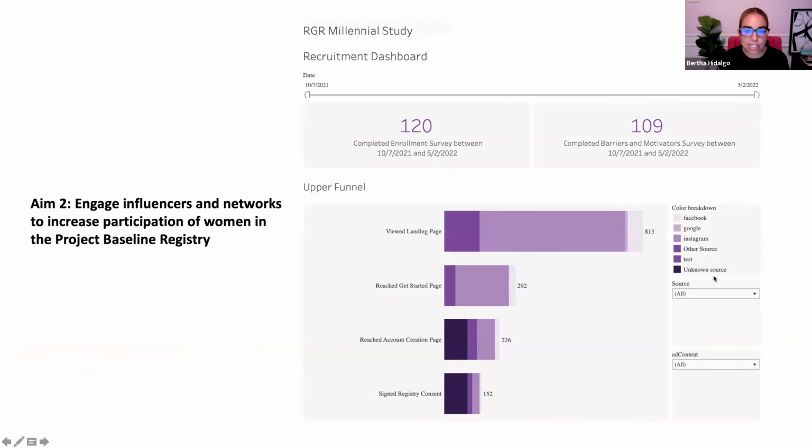Okay, so we're running out of time. I want to allow time for questions, but these are the results that we have so far. So less than 10 actions. Each action that we put on social media has to be IRB approved, right? So we can't just share, like the May 4th, for example, is just information that can go out on social media, but anything that requires that people go to the landing page, consent and enroll needs to be IRB approved in advance. And so in less than 10 actions, one post on social media, one post on Facebook, you know, the rest on newsletters or on different social media.